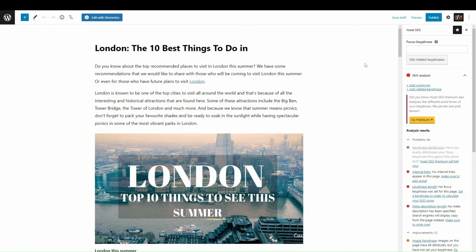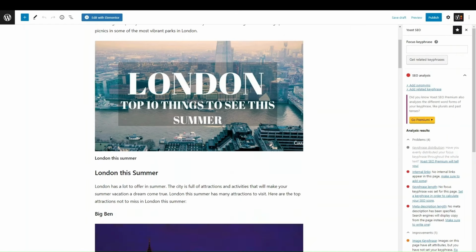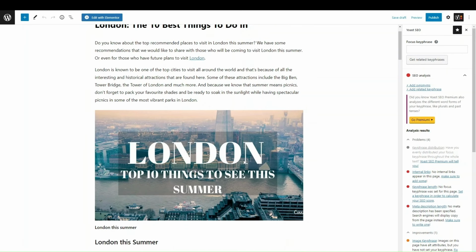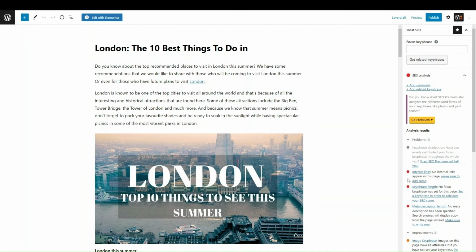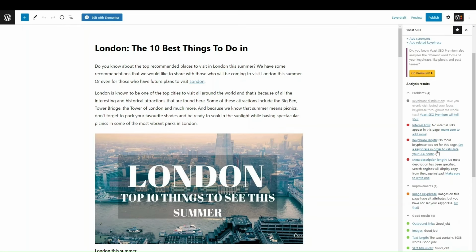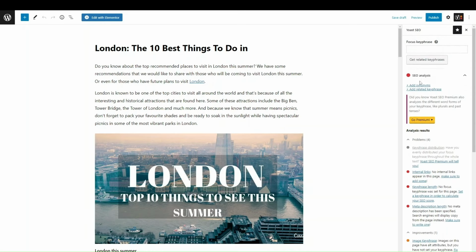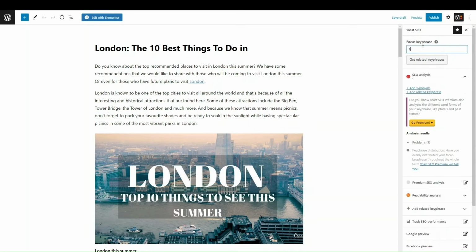So the first thing you want to do is add in a key phrase, and then Yoast will analyze this blog and see what it needs in terms of improvement for SEO. If you go into the analysis results, you can see there are 4 problems, things like the key phrase length, meta description, all of that. These are all things that will be improved once you add the key phrase. So for example, if we add the key phrase as London,